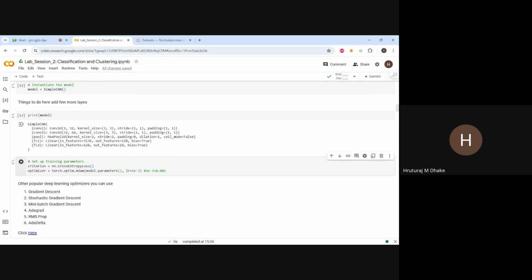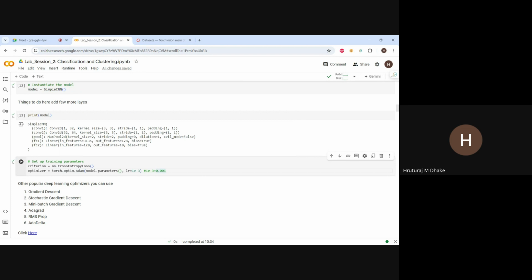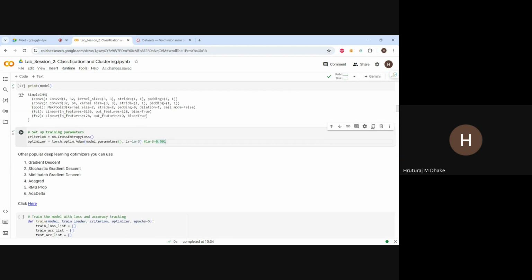And the optimizer. Yesterday we learned about optimizers, and as Chatterjee sir said, Adam is the most used right now. There are different optimizers also, you can give them a try. Here I have mentioned some, like gradient descent, stochastic gradient descent, mini batch gradient descent, and all. You can explore these here. I have mentioned the link of the